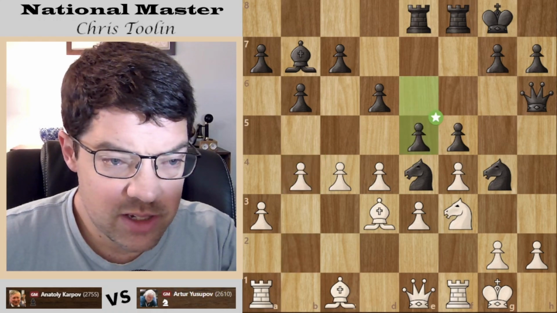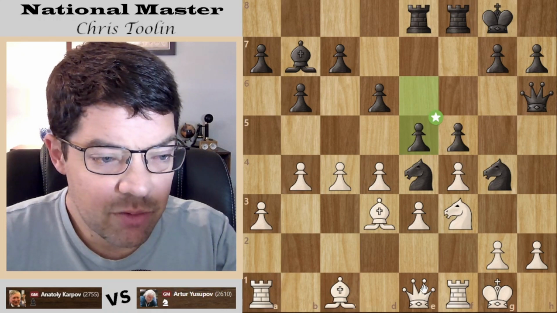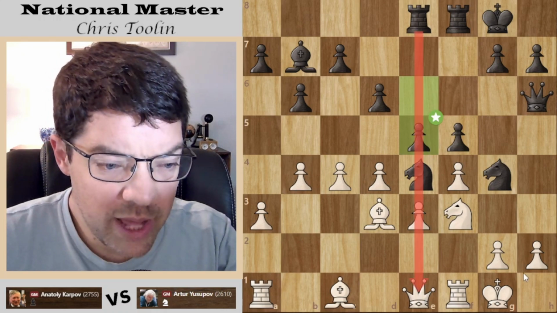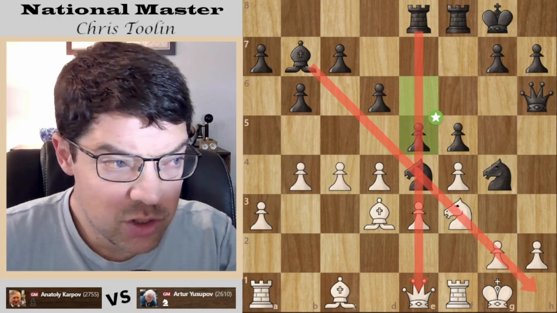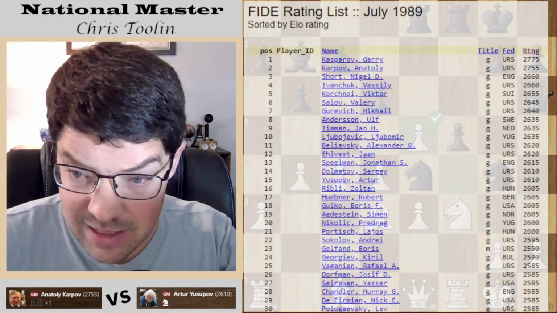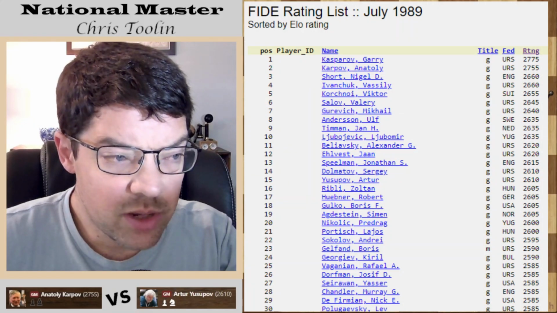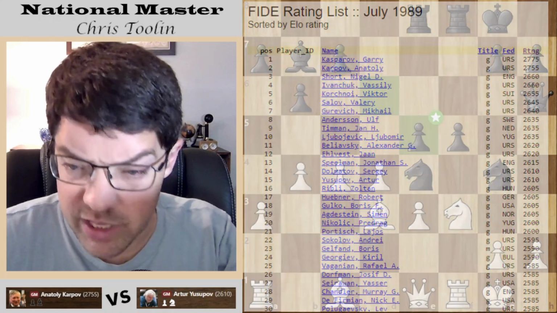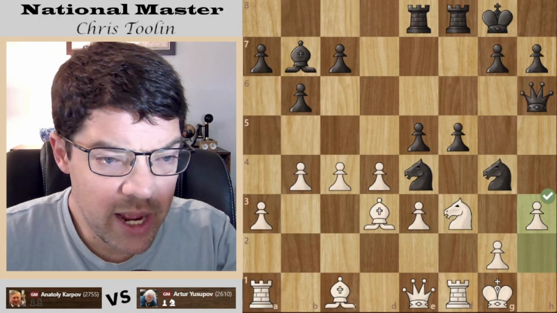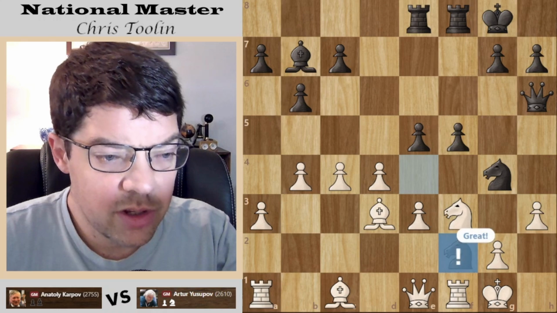Karpov just had such a nice touch. e5, and really opening things up. Black is going for the win. You'll see several times in this match, Yusupov, who was, these are the ratings at the time, by the way, a bit lower rated, was hoping to just score a knockout. And in match play, that could be decisive. Here we go. h3, another good move.